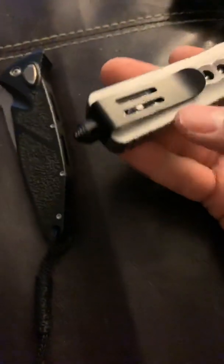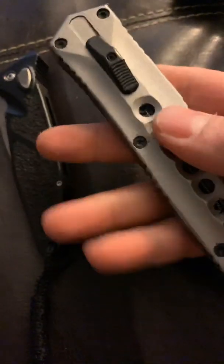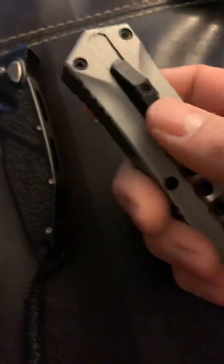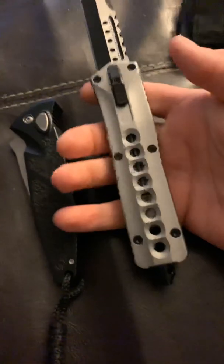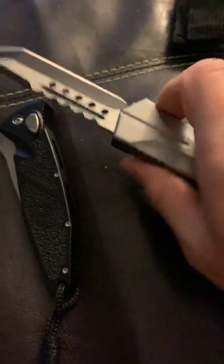It does have that nice pocket clip. I do like this pocket clip. Ball bearing glass breaker. I believe the handles are maybe a zinc aluminum combination. So it is a double action, and what you get is a two-tone finish Hellhound blade. So a modified Tanto, which comes with a nice point, nice curve to it. I really like this one. I honestly really dig this blade overall. It's very nice,